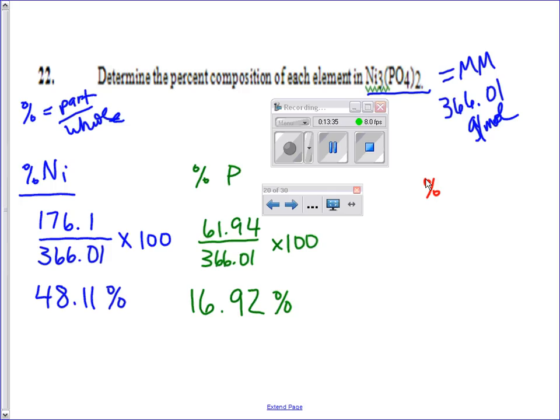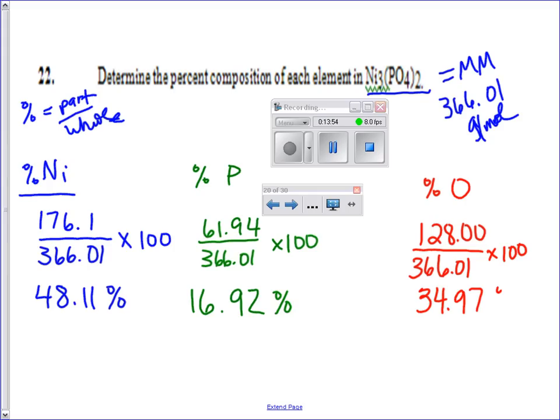8. So we go 8 times 16, 128.00, divided by whole times 100. And so we get,